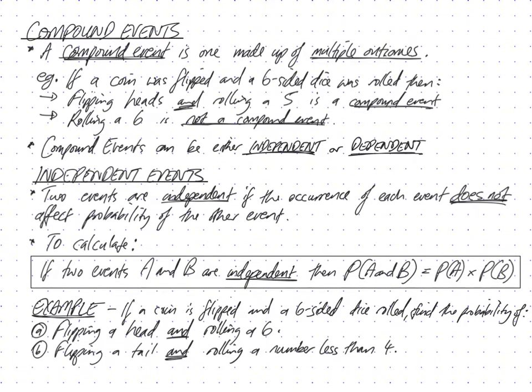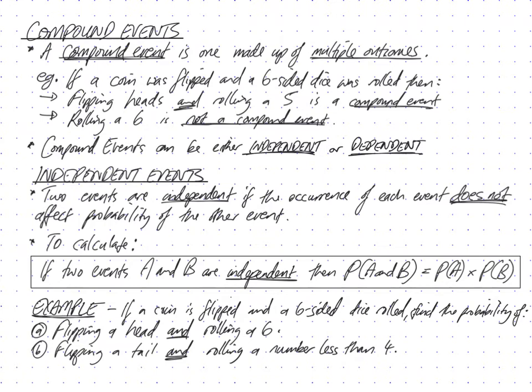This one is on compound events and independent and dependent events as well. A compound event is one that's made up of multiple possible outcomes or multiple events. So if a coin was flipped and a six-sided dice was rolled, then flipping heads and rolling a 5 is a compound event because it's made up of the probability of flipping a heads and also the probability of rolling